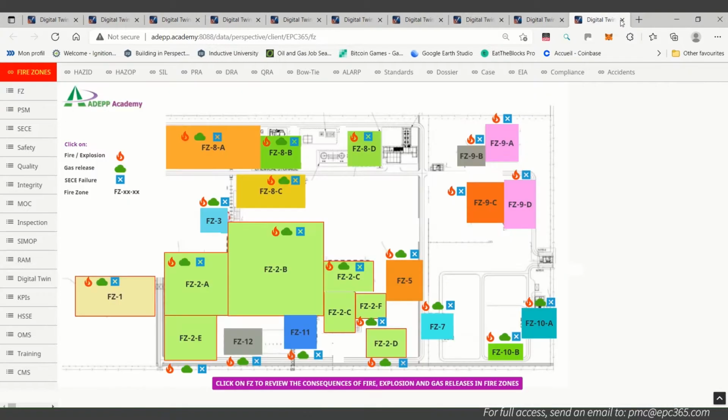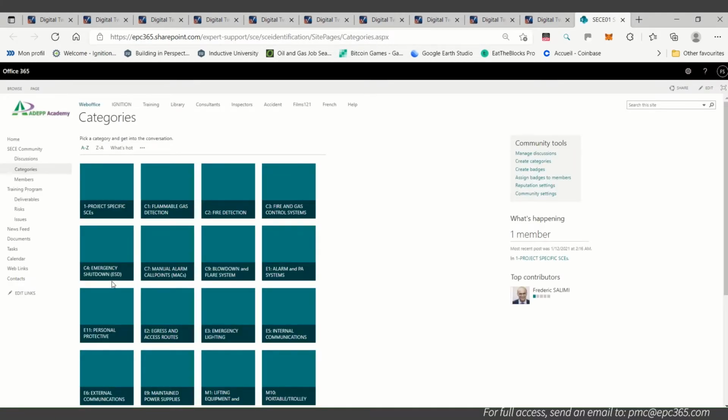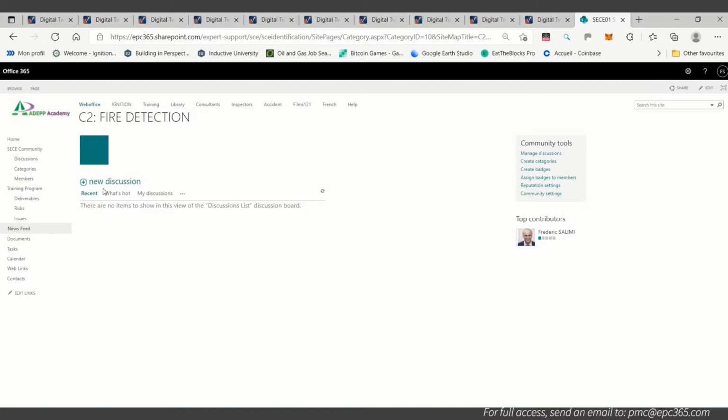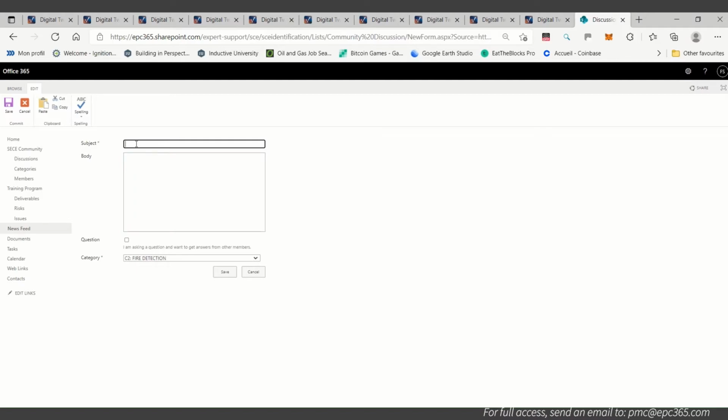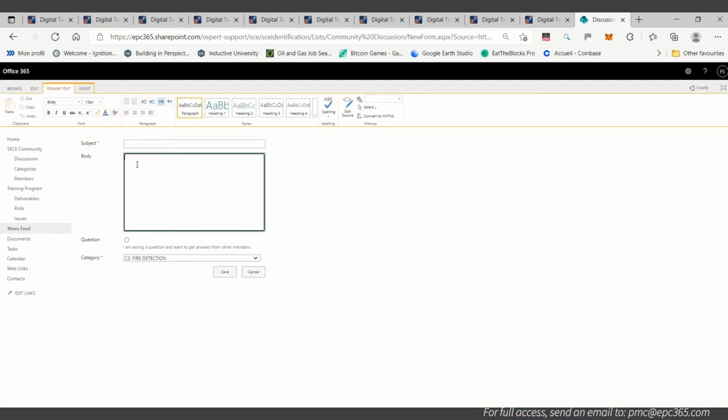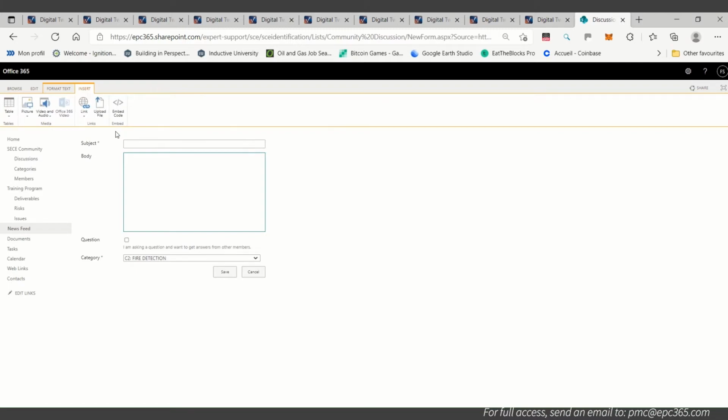So if we go through this, also for the safety critical element in each area, it is written, for example, if there is a flame detection, a fire detection, fire detectors are safety critical elements, and any discussion, any training, anything will be here. We put here about, for example, failure, etc. And here we can insert if there is any video, any file, any links, anything will be here for this